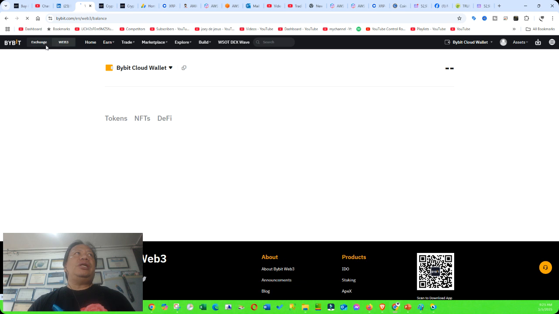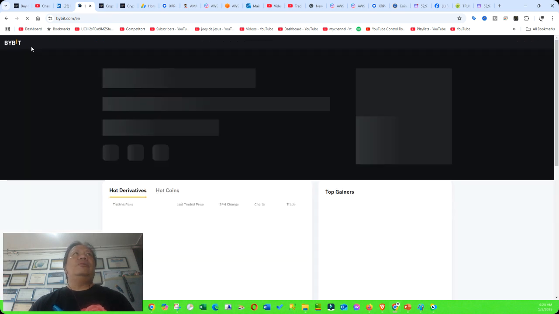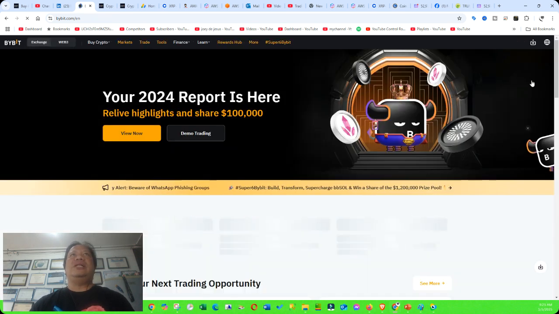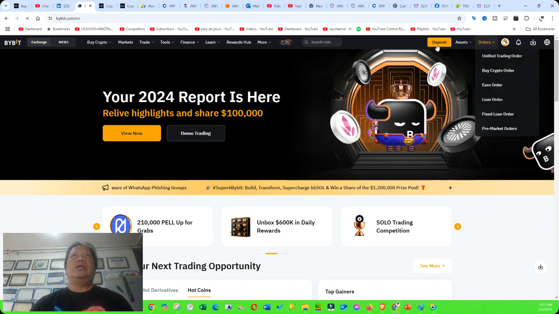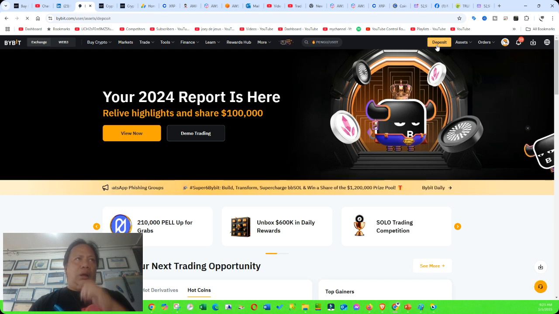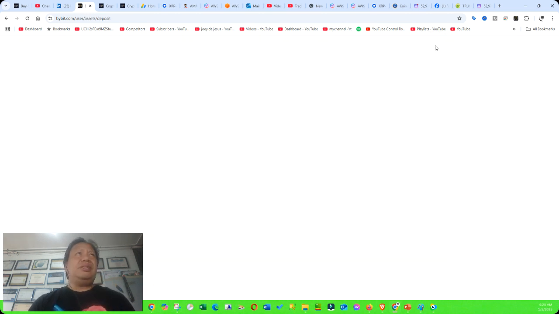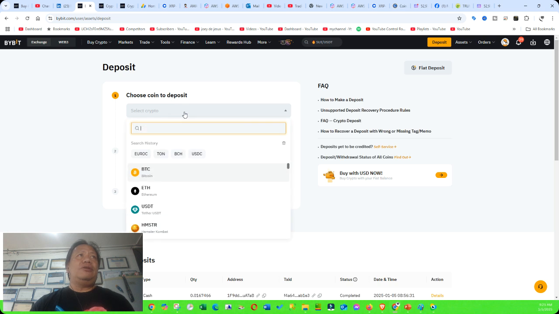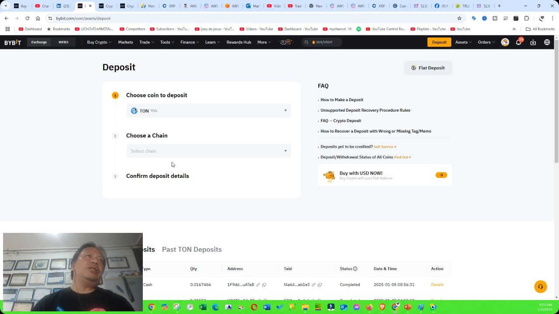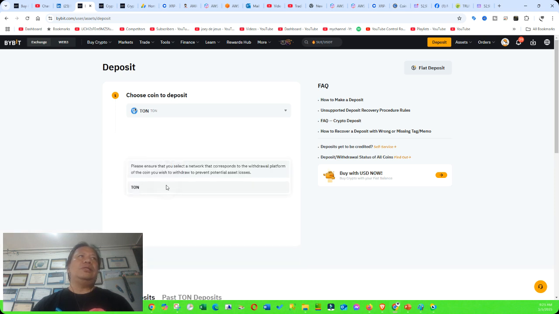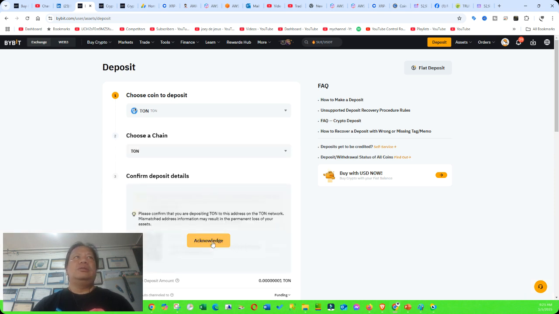Let's talk about the exchange. How do you get your BCH address or Ton address? Just click on deposit. If you're depositing Ton, you click on Ton, and that's your Ton network, then choose Ton, acknowledge, and you get your Ton address.